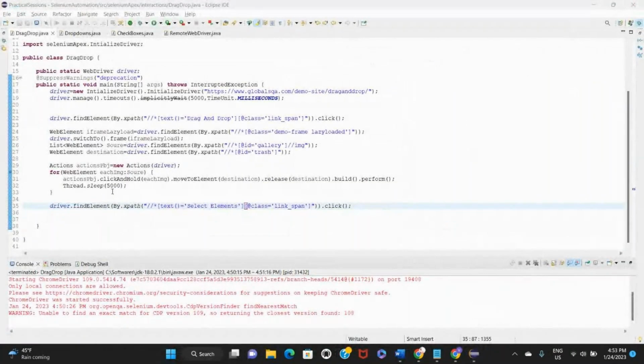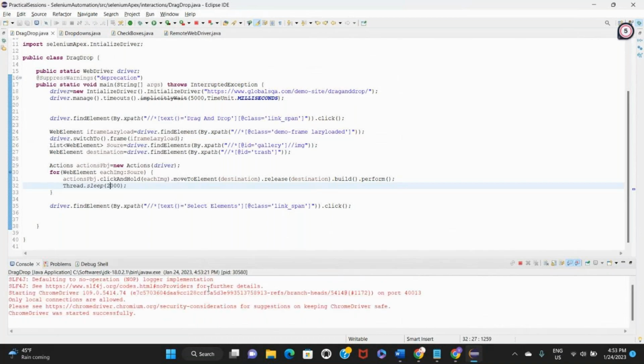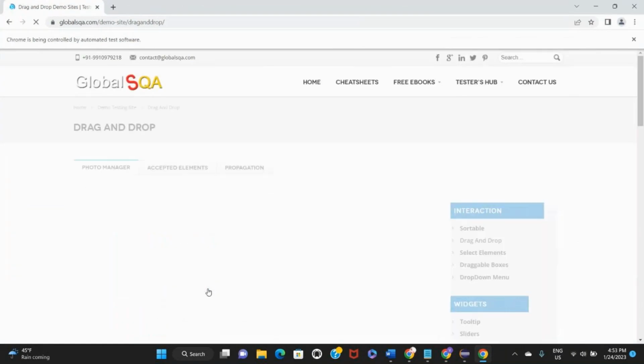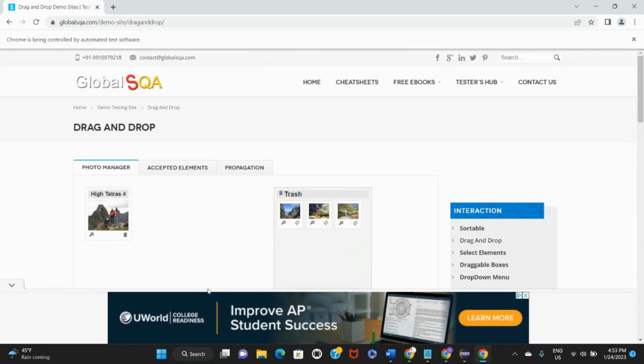Let's reduce all the times because we don't want to wait so much time. Just 2 seconds. Right click, run as Java application. Now it's dragging and dropping all the elements, and now it should click on select elements now. Okay, so drag and drop is done, it is successful, and now we are trying to click on select elements,